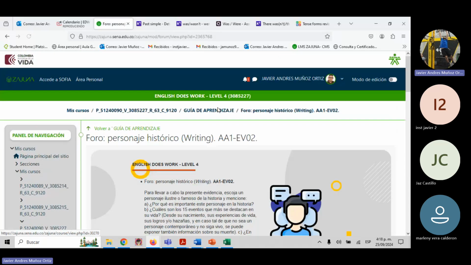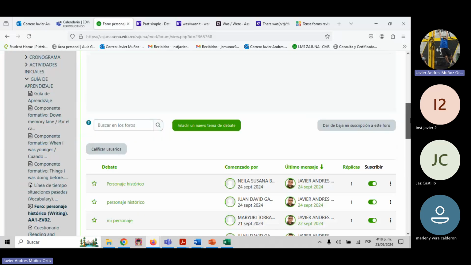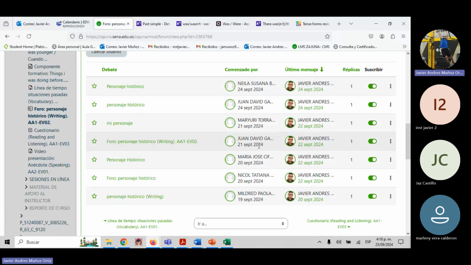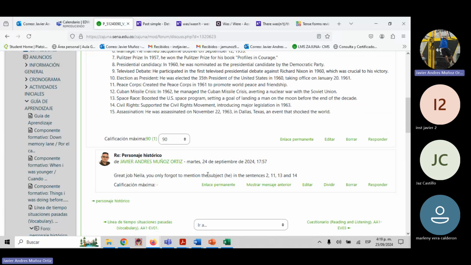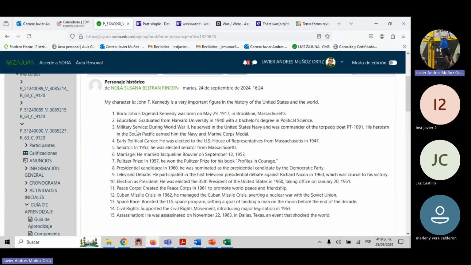Some of your partners have already participated, for example, Neila, Juan, Marjorie, and so on. They have mentioned something about, for example, Policarpa Salabarrieta, Christopher Columbus, Simon Bolivar, Gabriel Garcia Marquez, and so on. And they have said something about them. In fact, I have already given them some feedback, and I have told them, for example, something that's missing. For example, in our case, Neila forgot to mention